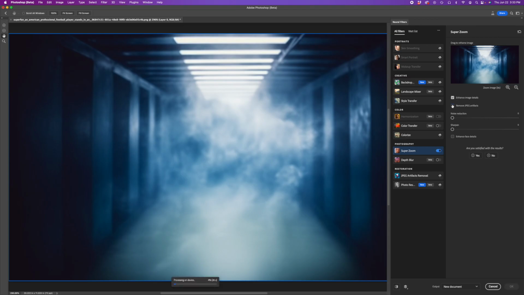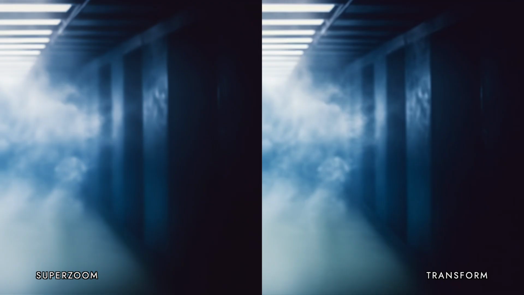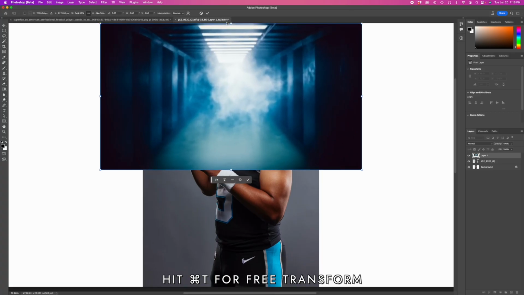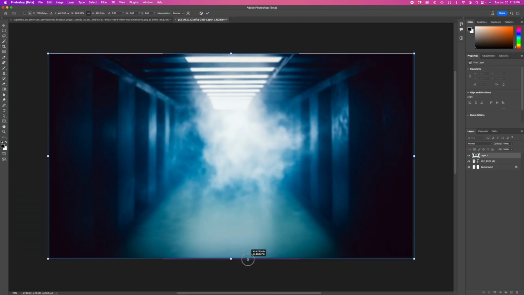Now, this worked out most of the time when I was using a background plate that had a lot of detail in it, but when I was using an image like this one that we're doing the tutorial on today, or the breakdown on today, nothing in the shot is really sharp, and so when I use this neural filter process to upsize it, it actually made a softer image than if I just used transform and increased its size that way. So I'm going to paste my background image here and then expand it